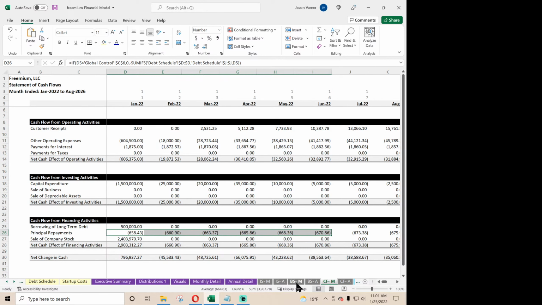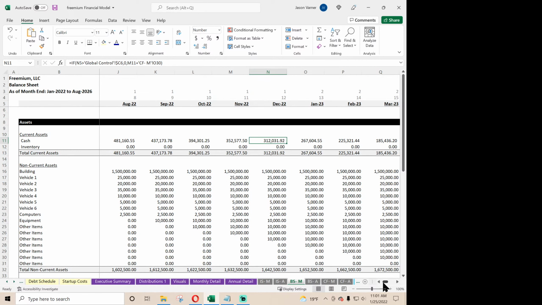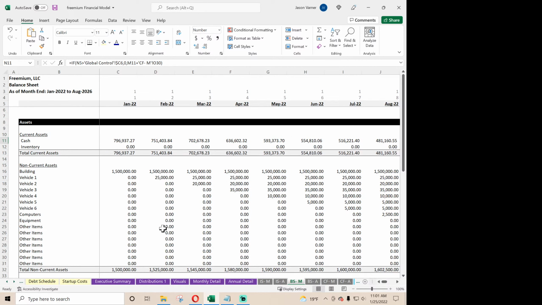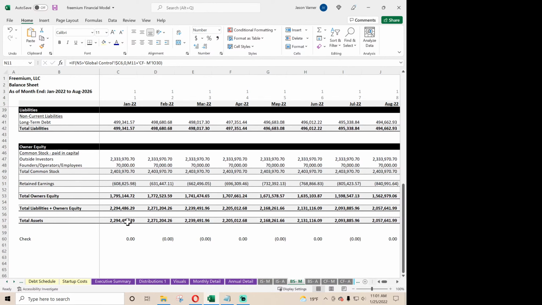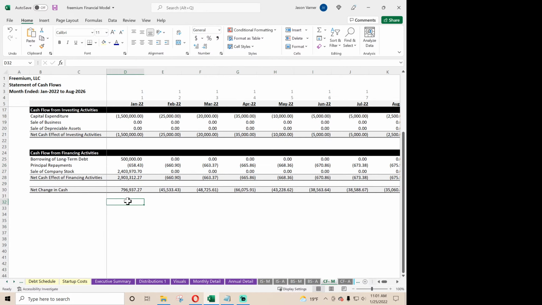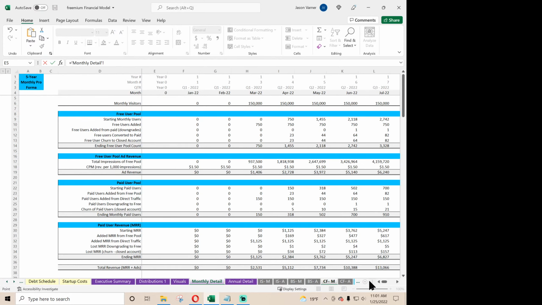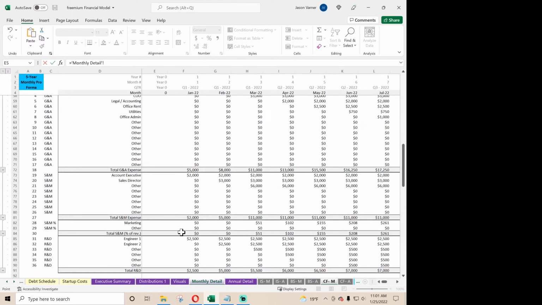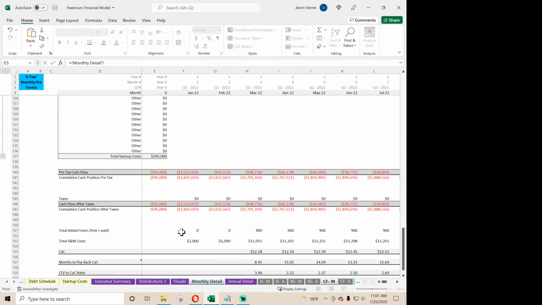This is where things can take a bit. So we got to figure out why. And what I'll do, so let's go to the cash flow monthly. And let's measure this against our monthly detail, because we know the monthly detail and annual detail match, so that's good. So our cash flow is this